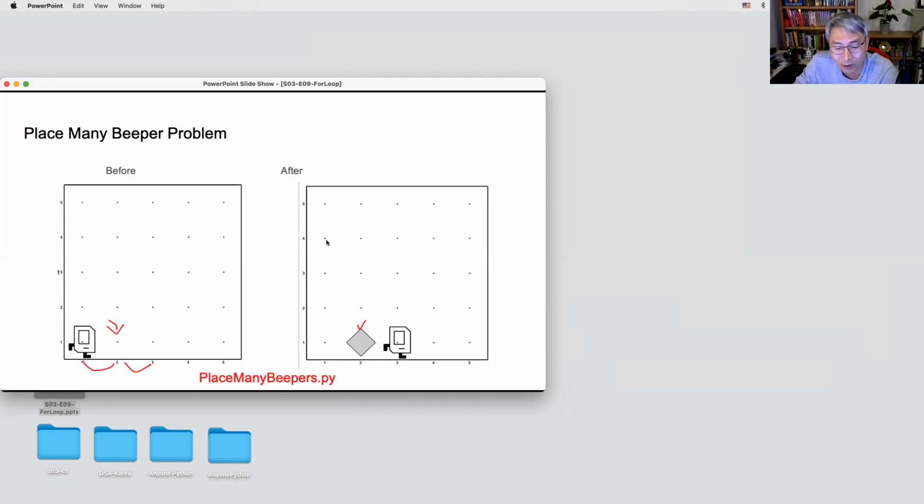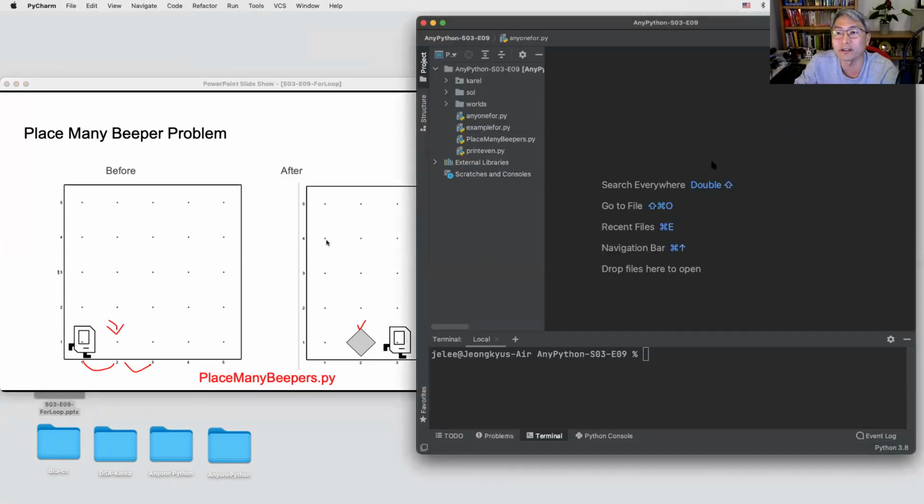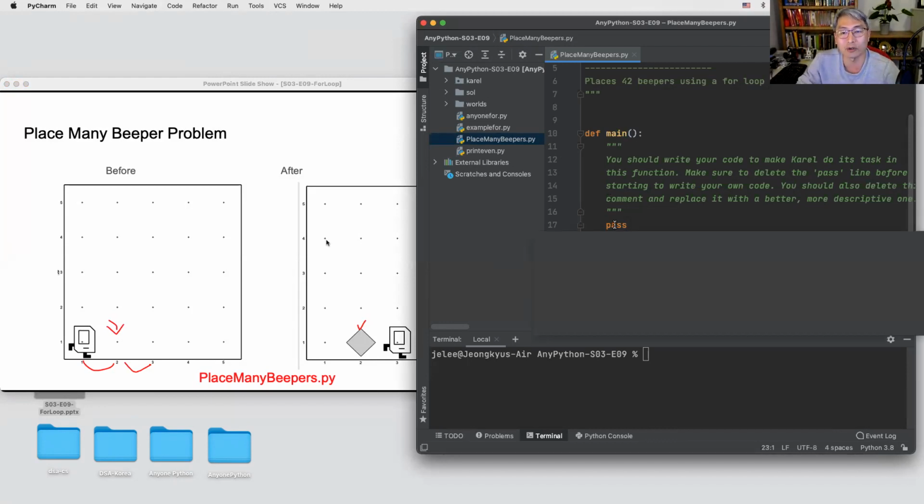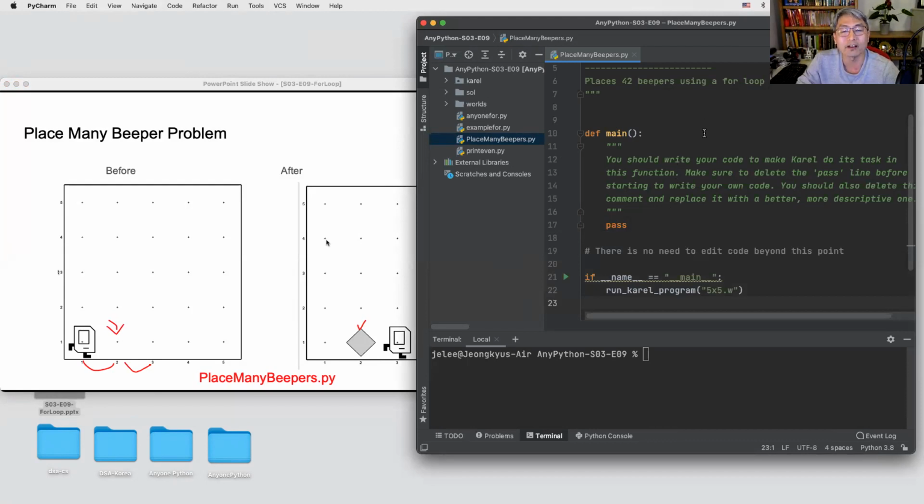So why don't you download the file, create your project, then you can start place many beepers. I'm going to wait until you are ready. So please download the file, then create the project as a user, then open place many beepers. You already did this a long time ago, I think around June 2020. Even if you have never used Karel, this is very simple programming, so you are able to do that.